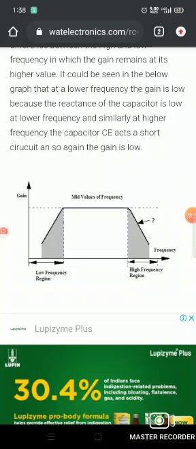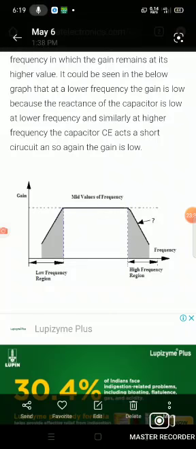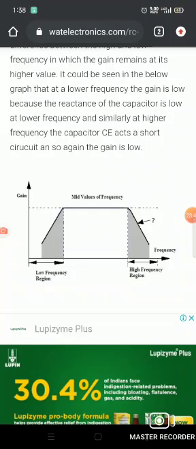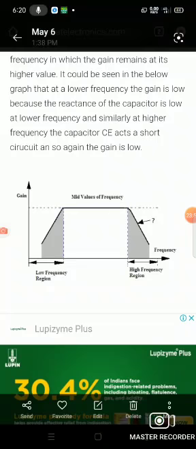So what happens to the gain in the first stage and what is the bandwidth, and what happens to the gain in the second stage and what is the bandwidth. In that relationship, for single stage and multi-stage, we have to observe in the graph that when gain is increased, automatically the bandwidth is decreased, and when gain is decreased, the bandwidth is increased. So this is the response of the single stage amplifier circuit.